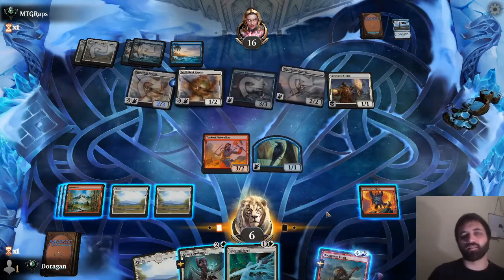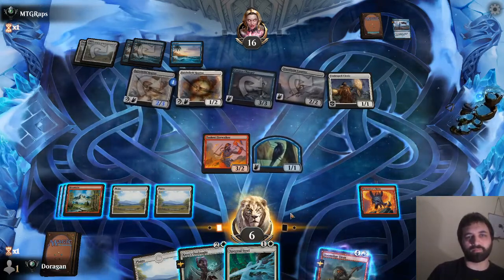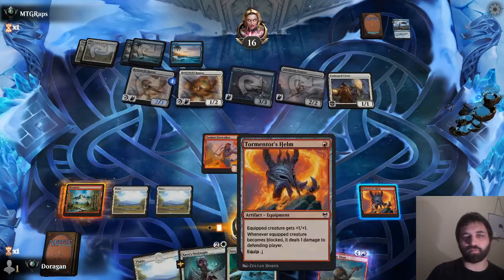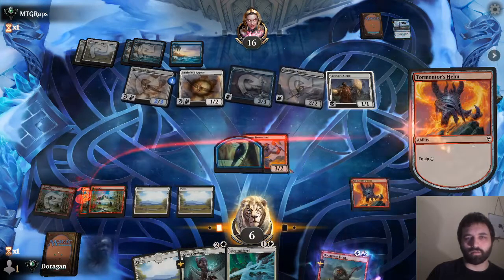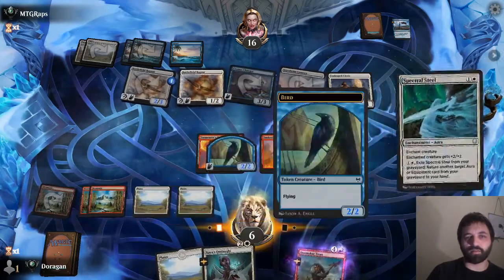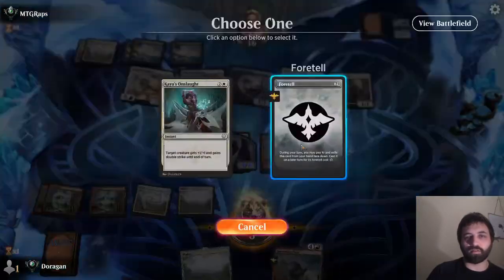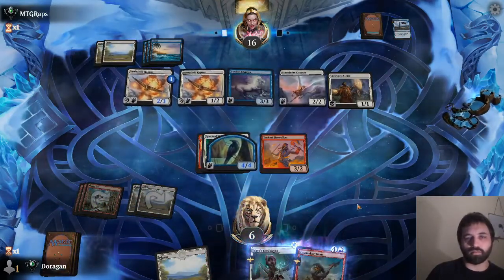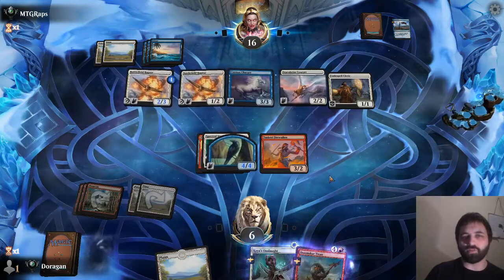Let's have a think. Two, 3, and foretell is a 4, 5. One, 2, 3, 4, 5 in the air. I can block that. I can block that. So I can block anything hitting me in the air. If I have a pump spell, I mean, there's a number of things I can have which will sort them out, but I